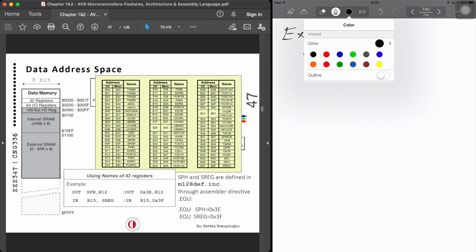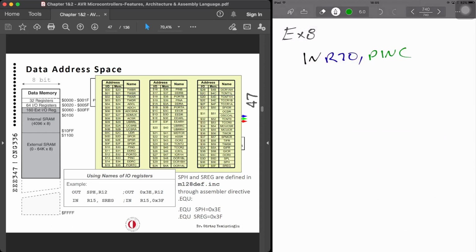We have to get the contents to somewhere in the GPR. So let's say R20, from PINC. And then we need the contents of PIND. So IN R21,